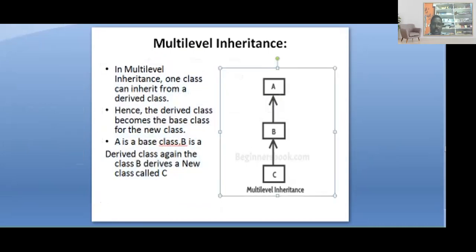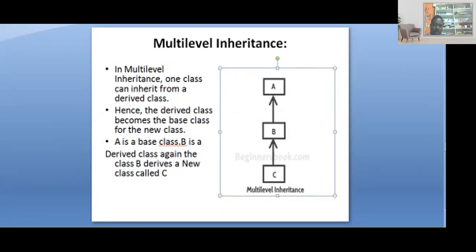Once again, when it comes to multi-level inheritance, A is the base class. From A we derived the B class. Again from the B class, the C class was derived. So for C, B becomes the base class, and for B, A becomes the base class.